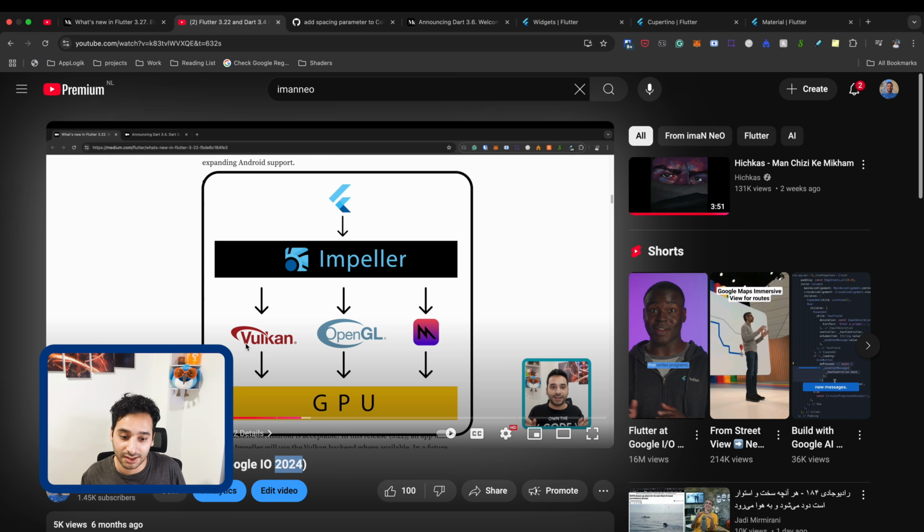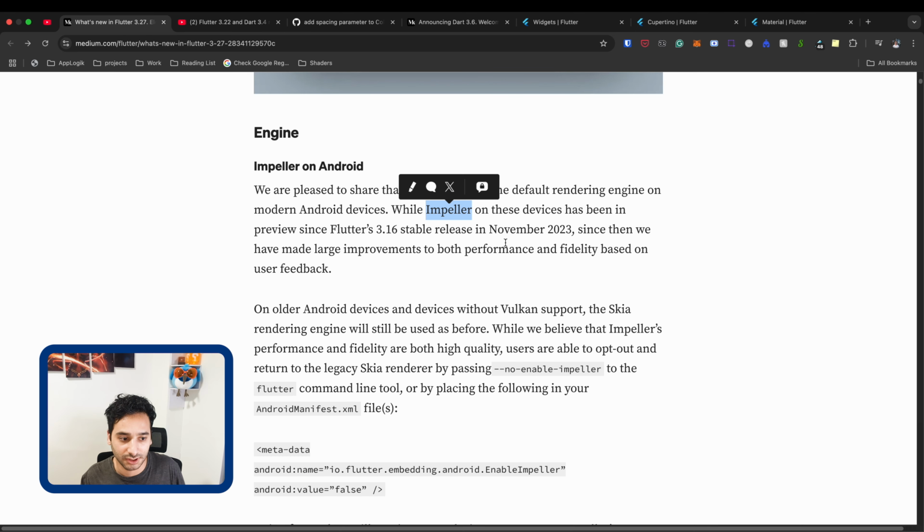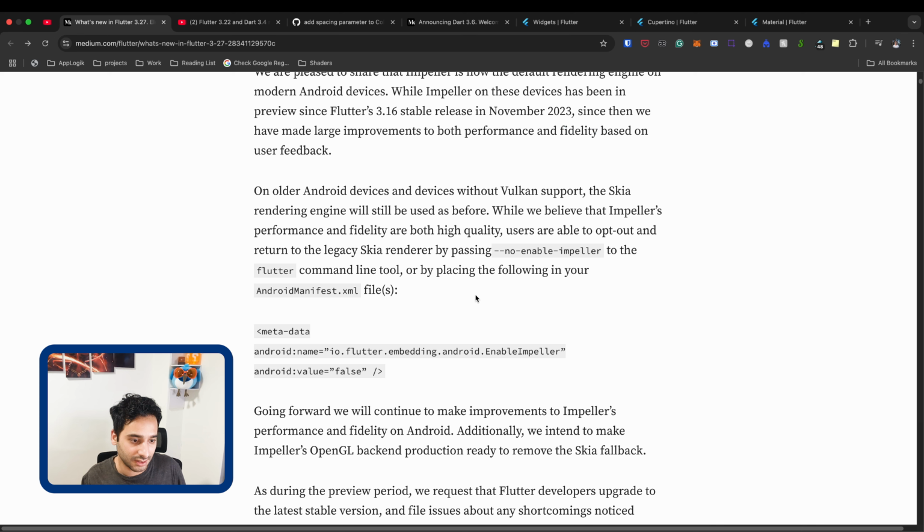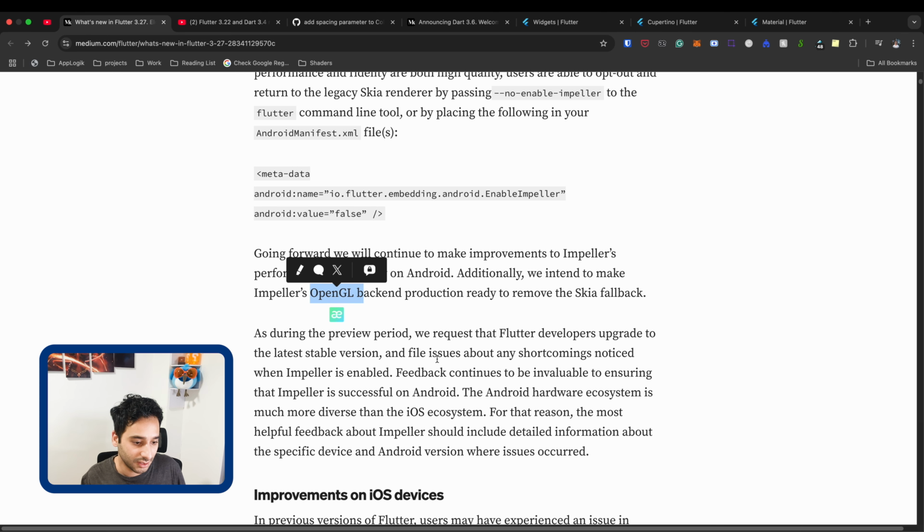So the devices that have Vulkan can get updated to Impeller, but for the devices that have OpenGL, I think they need to wait until the Flutter team finishes the work on it. As you see here, it says that it is now the default rendering engine on the modern Android devices. And somewhere they mentioned that for OpenGL they should wait.